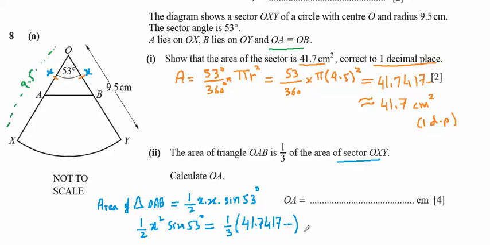So from here, if I move sine 53 to this side and 2 to this side, we will get that x square is equal to 34.844 and so on on the calculator. It means that x will be equal to square root of this value, which will be